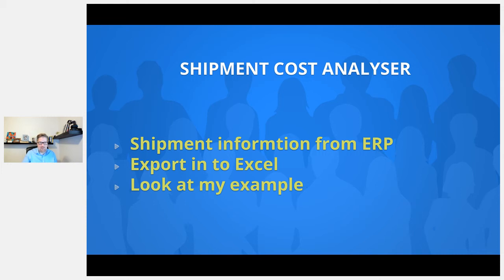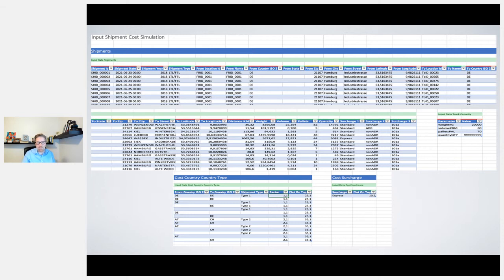So let's see. As you can see here, this is the input. There is a need of a lot of data. You have all these red ones here. They are what you actually need to have. You need to have shipment ID and date and year. You have to have the from location and from latitude and longitude. This will hopefully be made better in the application in coming weeks or months. But you will need to put in the latitude and the longitude. That's actually possible by using one of the apps that we have here. It's called geocoding. You would need to have the to country, to latitude and longitude, distance, weight, and then